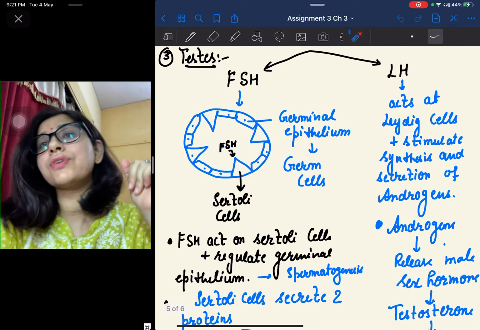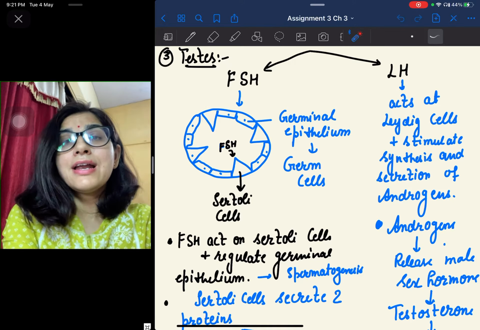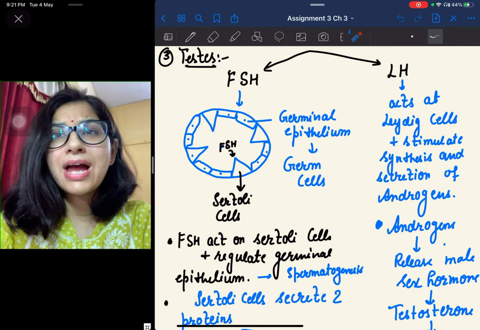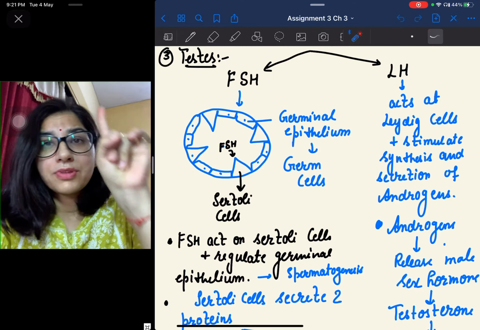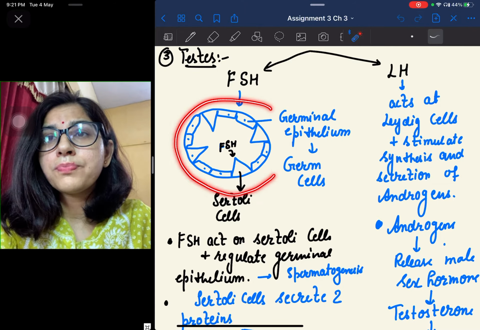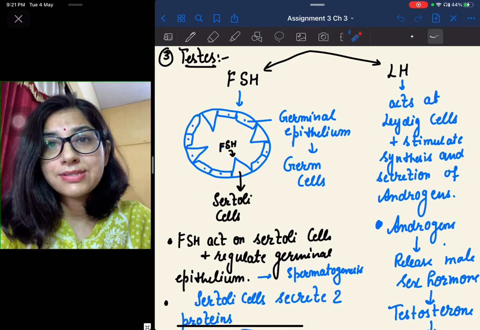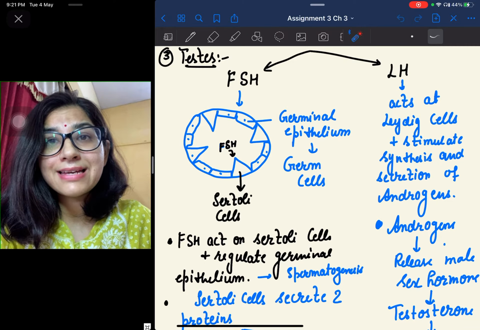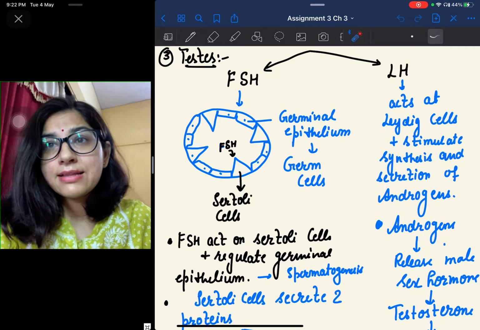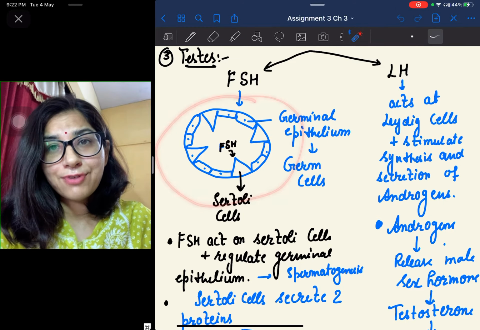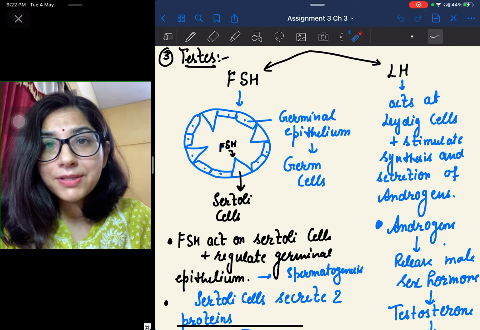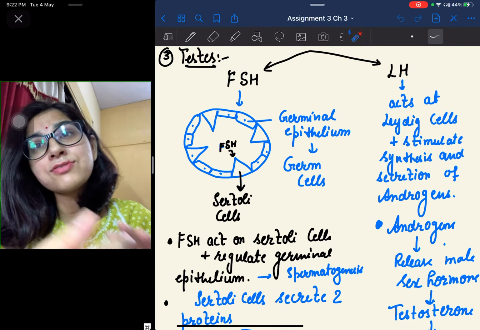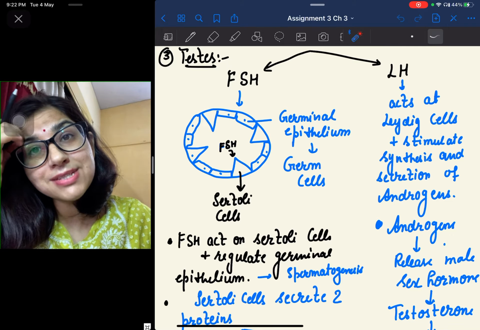The third thing is we will see what they are doing. Now, FSH and LH, right? There is the germinal epithelium we know in the seminiferous tubules, because what is the site of sperm formation? Seminiferous tubules. I have drawn one seminiferous tubule. In this tubule, you will see this germinal epithelium. Germinal epithelium has germ cells, and the germ cells' function is to